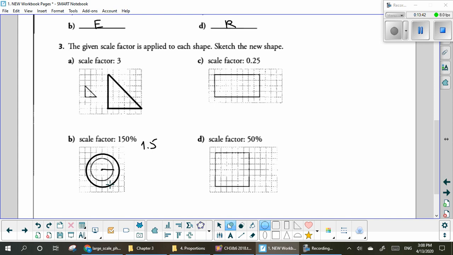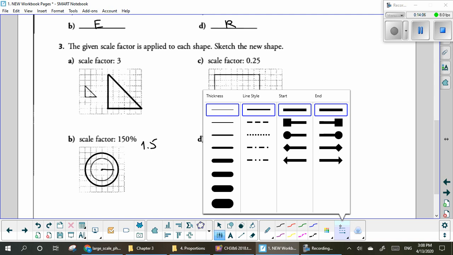So let's say that's the circle. I'm just going to adjust it. There we go. That's kind of it. So now the new radius is 3 squares instead of original 2, and that is 150%. The next one, so these were both enlargements, by the way. The next one, as you will see,